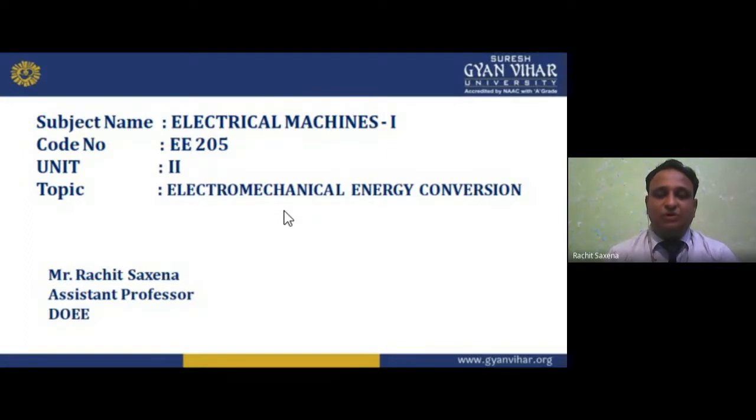Then we have Ampere's law. Then we have the force law. The force law continues in this unit, because in this unit we are going to study the electromagnetic force and torque. I already told you how electromagnetic force is generated, and due to that magnetic force, the torque takes place. That force and torque are given by the force law, and the interaction also comes in the force law. And if we cut the magnetic field and introduce an electrical field, that is stated by Faraday's law of electromagnetic induction. So these are the basic things in electrical machine one.